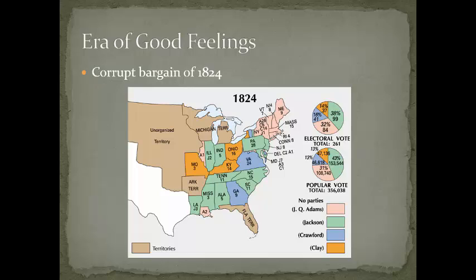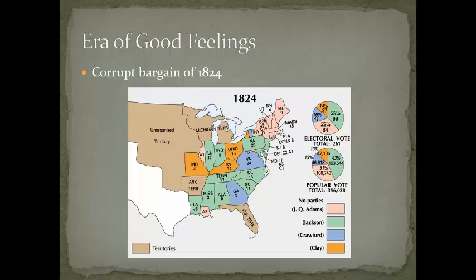Well, Crawford, by this point, is an old man. He's not in very good health, and so he's not really a potential candidate. It's really down between Adams and Jackson. Now remember, the Speaker of the House is the leader of the House of Representatives. And so Henry Clay is actually in charge of determining who's going to become president. He has enormous influence over who's going to become president. He sees Andrew Jackson as a political rival, and so he makes sure that John Quincy Adams is chosen as